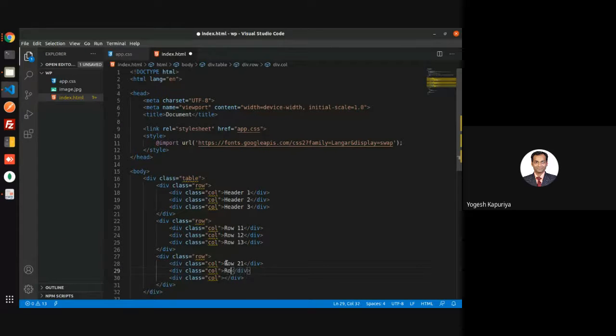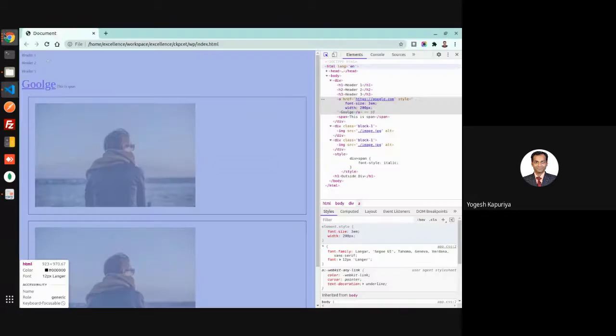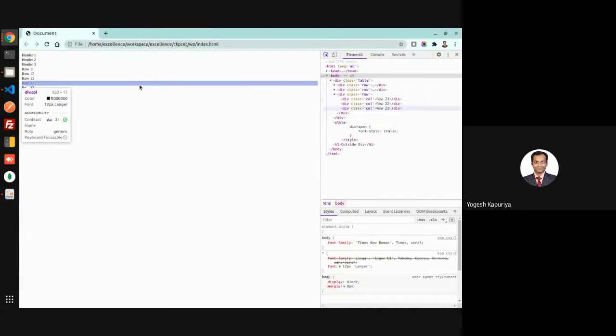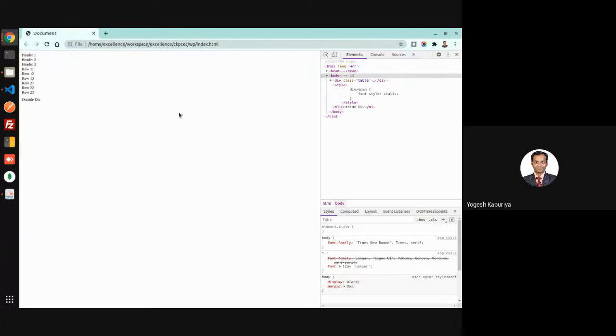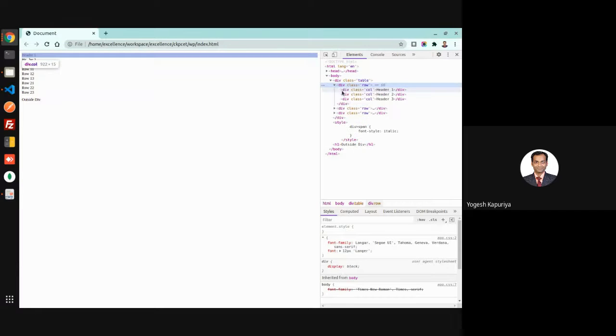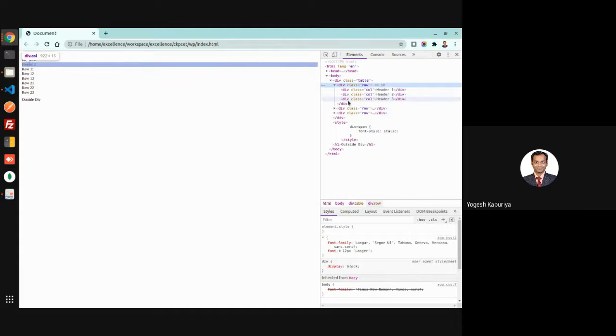So let's say this is my table structure. Now if I want to create it using a div tag, right? Obviously, if you write simple div, then all are block elements. So that means even though you have written in this way, everything will be inside a block. So what you want is a kind of a table structure.